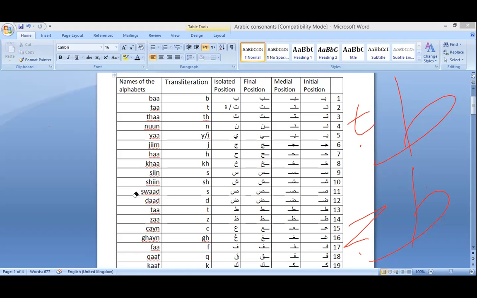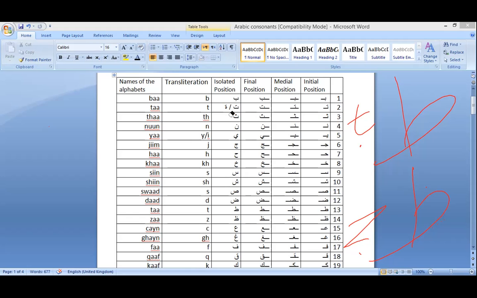So far we have those 5 groups. Let me count: 1, 2, 3, 4, 5. Those are 5 groups, right? 5, 6, 7, 8, 14 letters. So far we discussed 14 letters. That's almost half, right? Because we said the letters are 28. If you may count, how many letters have we discussed? 14. That's right. So we are somewhere in the half. We're almost halfway. So we want to pause there and do some few other things